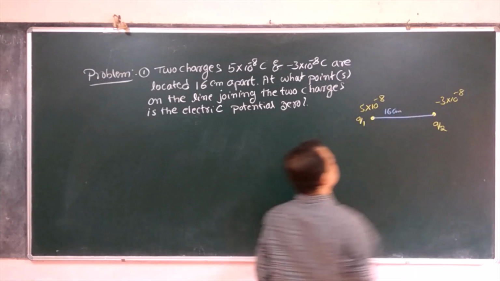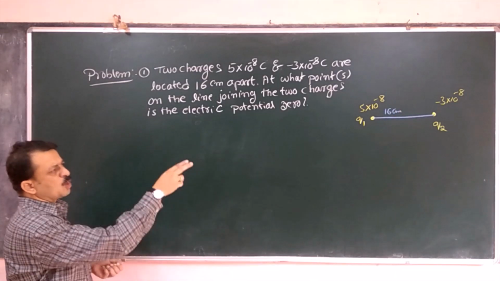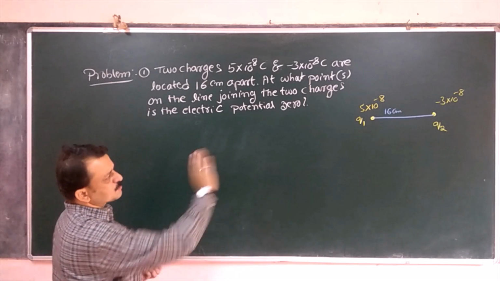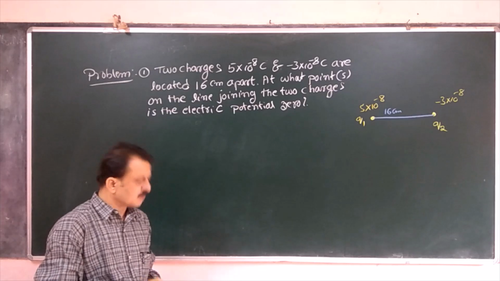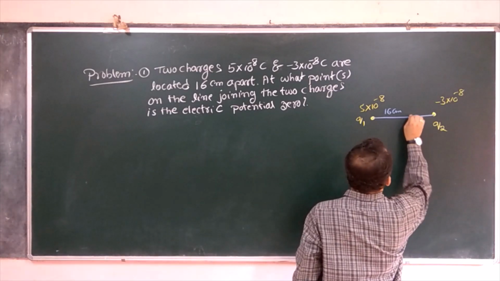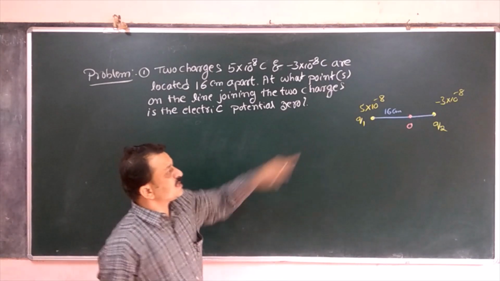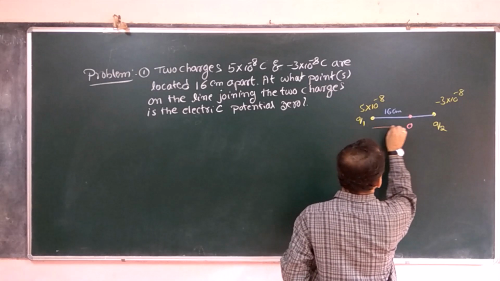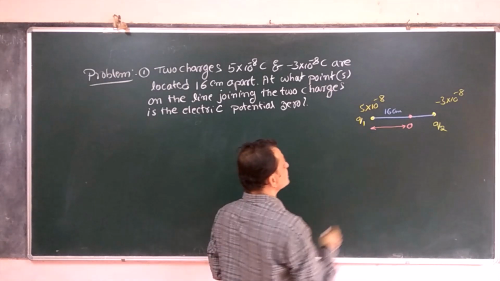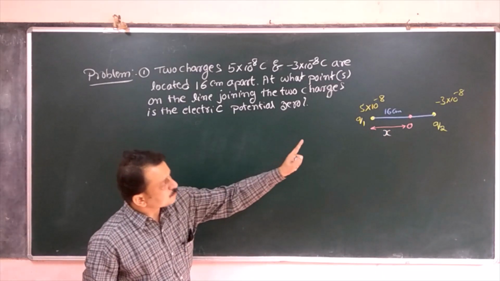16 centimeter. ಇಲ್ಲಿ ಎರಡು ಕೇಸ್ ಸ್ಟಡಿ ಮಾಡಬಹುದು ನಾವು. ಒಂದು, the point lying in between the two charges, and the another one is point away from the system of two charges. First case, assume that here is some point O at a distance x from the positive charge. Positive charge ಇಂದ x distance ಅಲ್ಲಿ ಅದು ಇದೆ ಅಂತ ಹೇಳಿ ಅನ್ಕೊಂಡ್ರೆ,